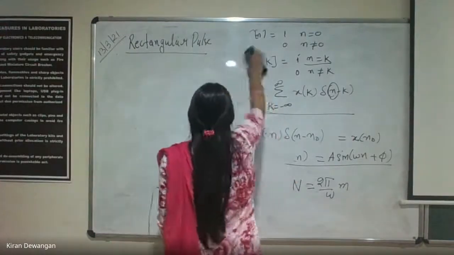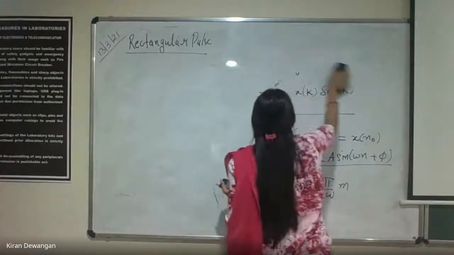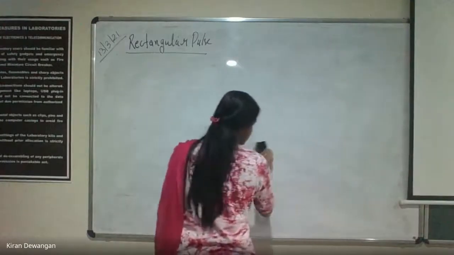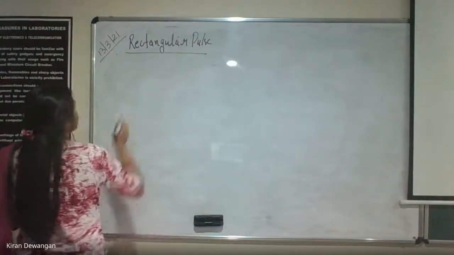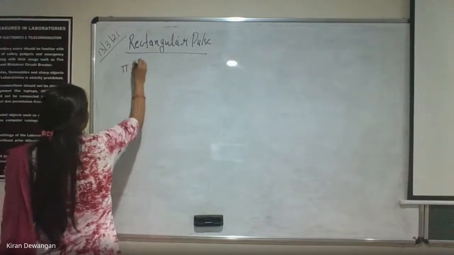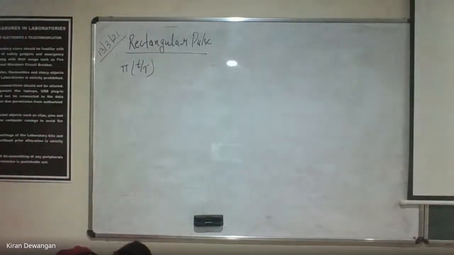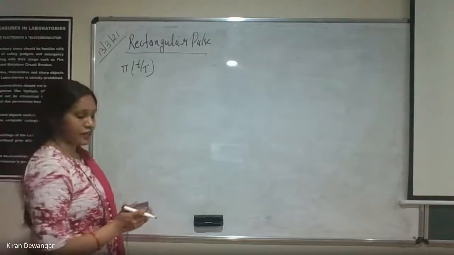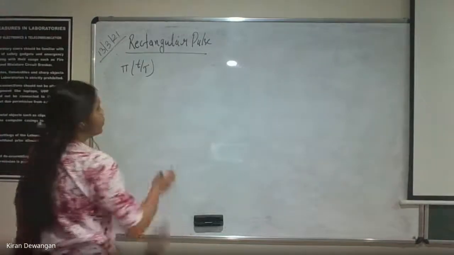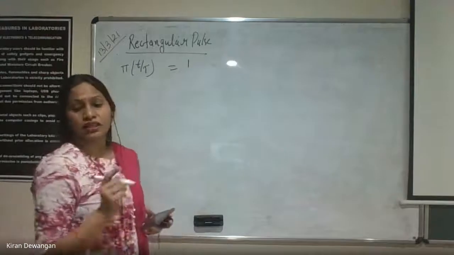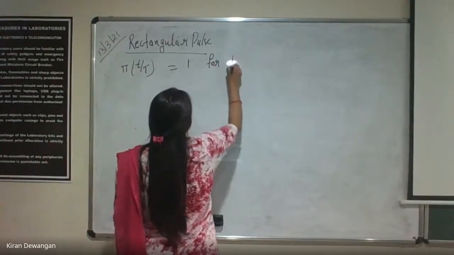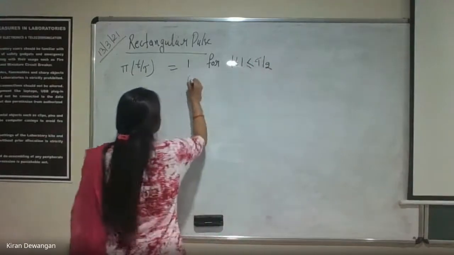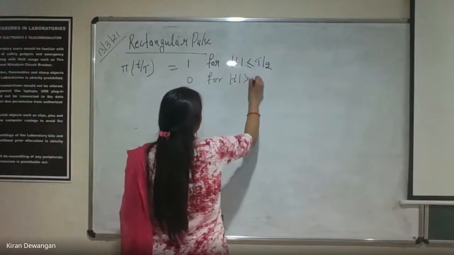it is given by pi of t by tau. This is how we represent the rectangular pulse. It is the unit rectangular pulse function. The value is 1 for mod t less than or equal to tau by 2, and it is 0 for mod t greater than